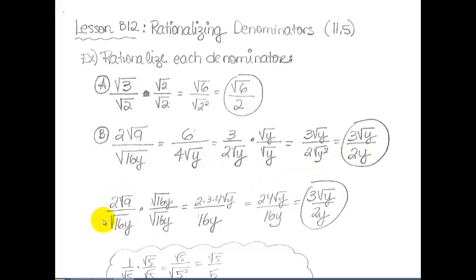Okay. In class there was a question, and I showed you another way to do this problem where instead of simplifying the radicals and reducing, I went ahead and did the rationalization first by multiplying top and bottom by square root of 16, and basically on the bottom I get 16y. But at the same time, before I multiply, I said, oh, square root of 9 is 3, square root of 16 is 4, and then you have square root of y. Once I multiply these numbers, I get 24. And can I reduce this fraction? Yes, I can. I reduce it by 8, and it gave me 3 square root of y over 2y. So both ways are correct. You can choose whatever way you prefer, or whatever way you see to get to the final answer. Okay? Alright,